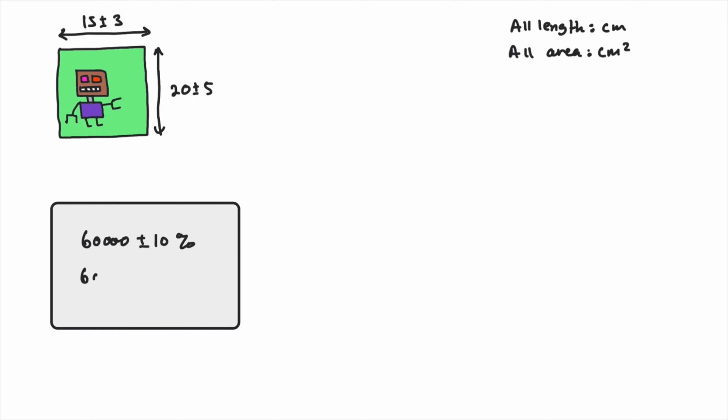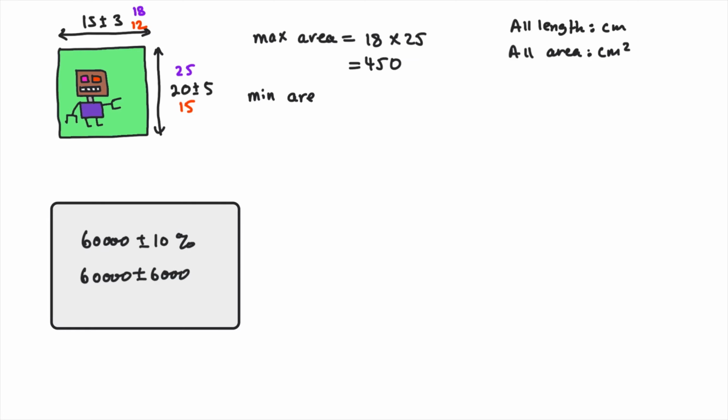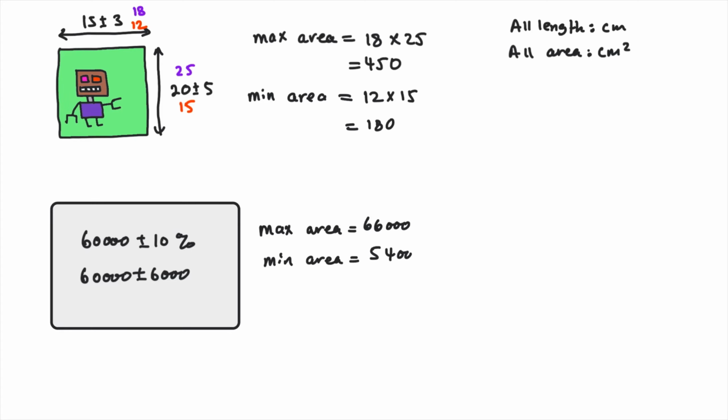Robo then calculates the maximum area of pictures made by the students by multiplying the upper bound of both values to get 450 centimeters squared. Robo calculates the minimum area by multiplying the lower bound of both values, which are 12 and 15, to get 180 centimeters squared. The maximum area of the wall is 66,000 centimeters squared and the minimum area is 54,000 centimeters